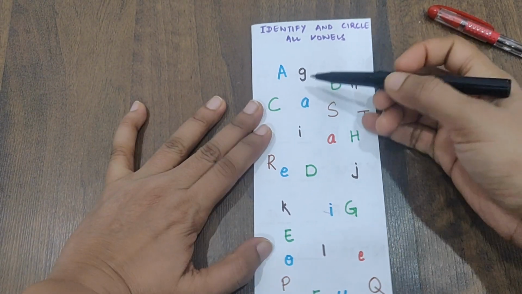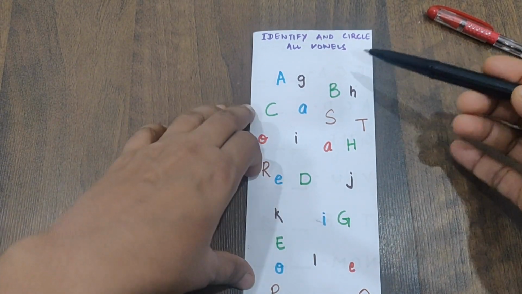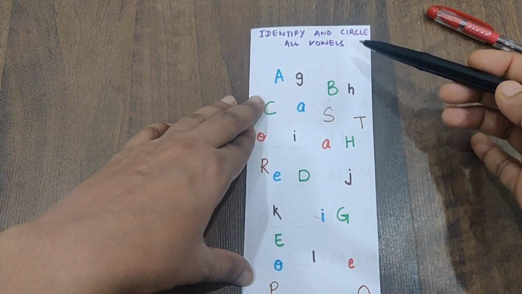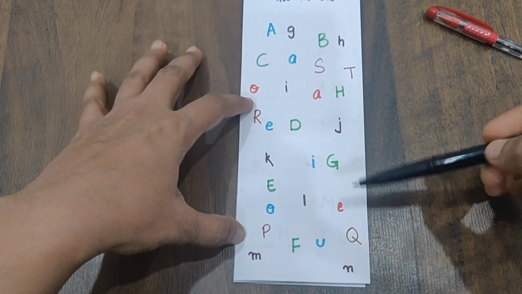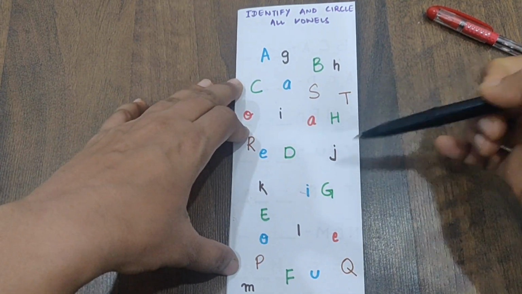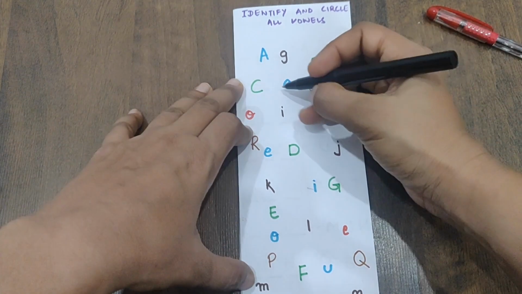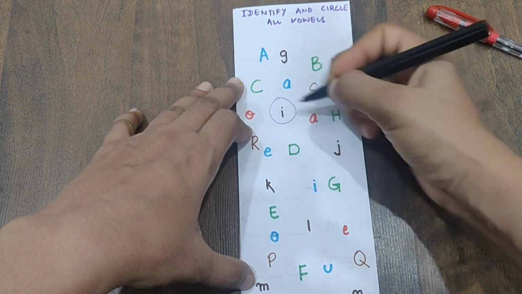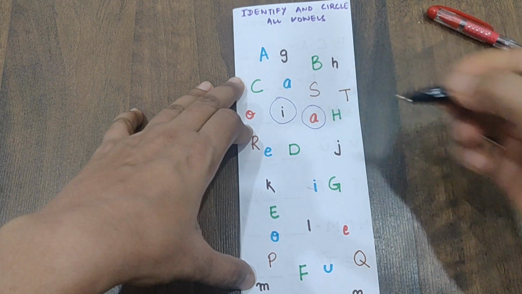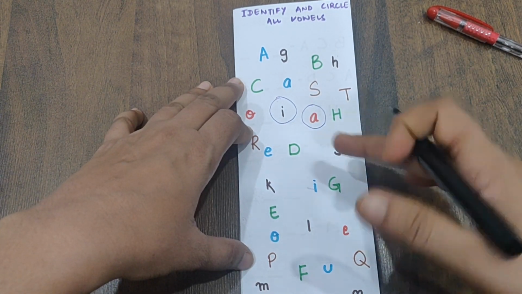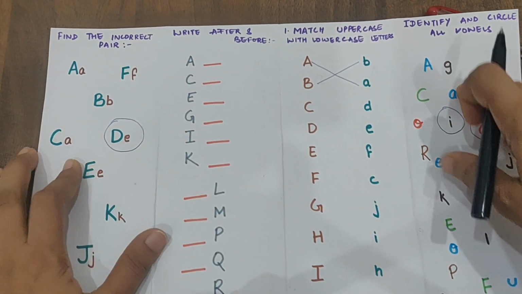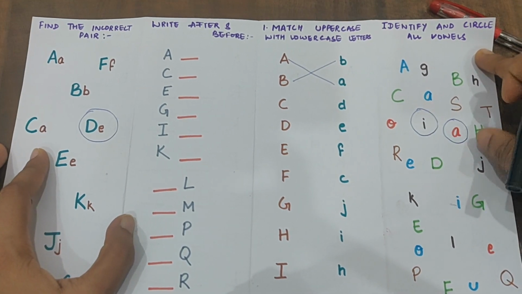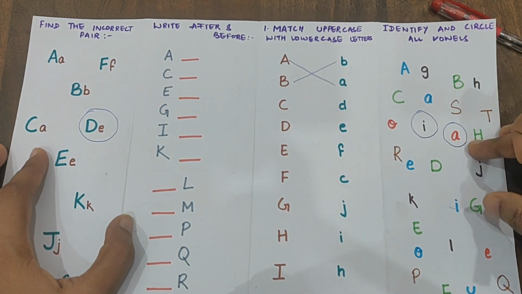So here I have written different alphabets and I am asking the child to find all the vowels and circle them. You can see that I have made a combination of uppercase and lowercase letters whereby vowels are hidden amongst them, and the child is supposed to find the vowels and circle them. So that is A, E, I, O, U, and all of them have to be found and circled. So the very first sheet is completed. The last one which I missed out was identify and circle all the vowels.